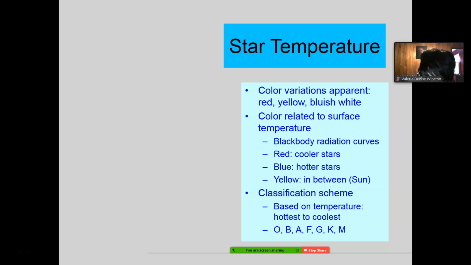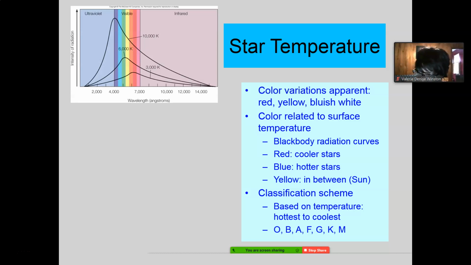The hottest is your bluish white. Actually, blue is hotter than white. Our sun is an average yellow. That's why it looks yellow in the sky. The color is related to the surface temperature of that star. This has nothing to do with the core of the star, it's the surface temperature. That's what we're looking at. Now, they jump into something called black body radiation curves. And we'll see an illustration of that, so let's go to it now. Here's what we call black body radiation curves.